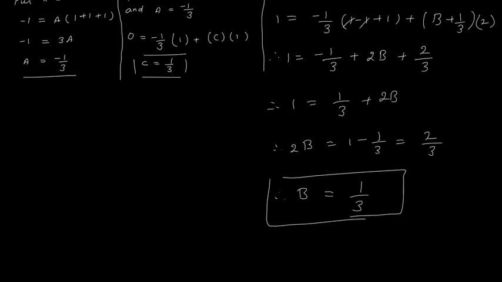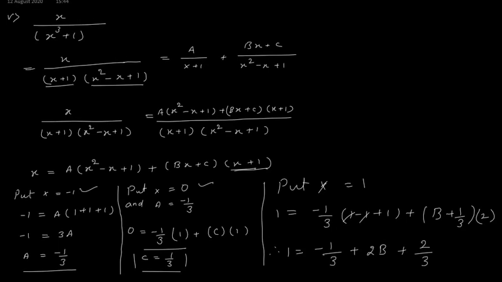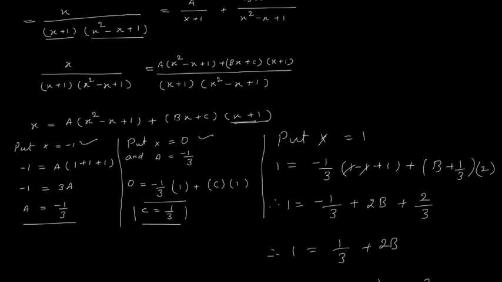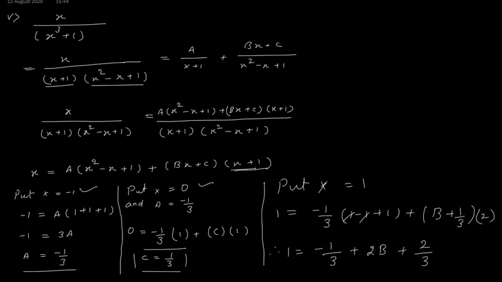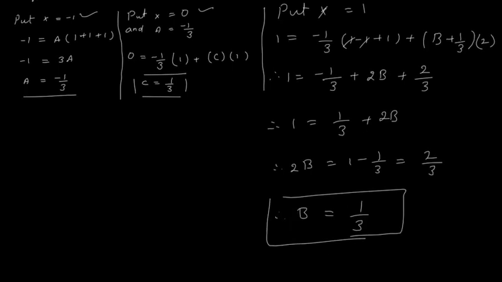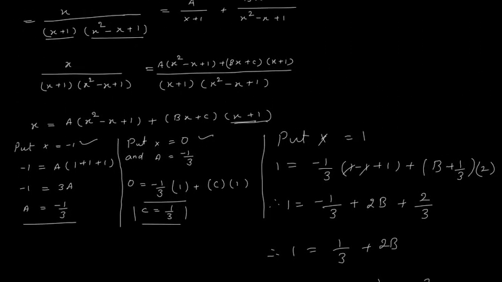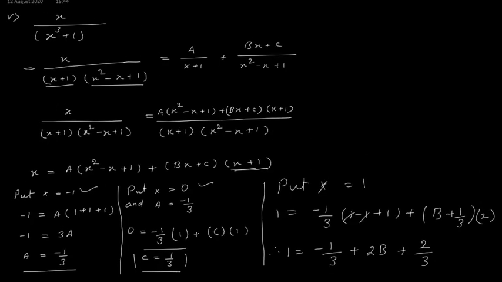Alright, now I have the value of a, b and c. I will put here a as minus 1 upon 3 upon x plus 1. I will put in place of b 1 upon 3 and in place of c 1 upon 3. Now if I expand this, then I have 3 equations. I have to solve those 3 equations and I get the values of a, b and c. And I think in this type of problem, you will find this method a little easier, so the preferable method is this one. You follow this method and solve the problems.